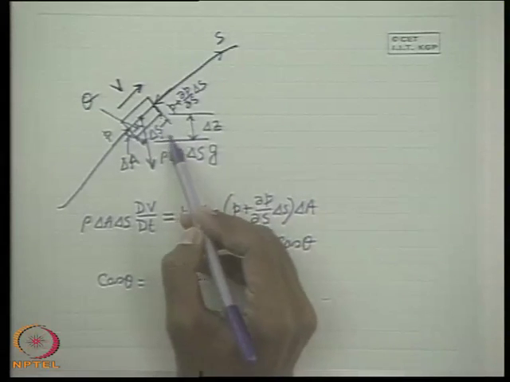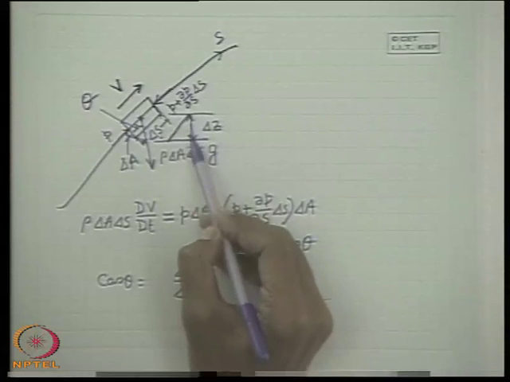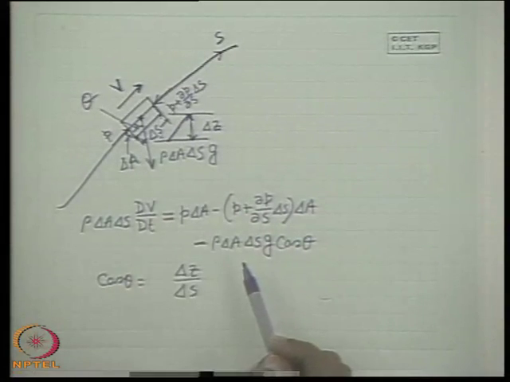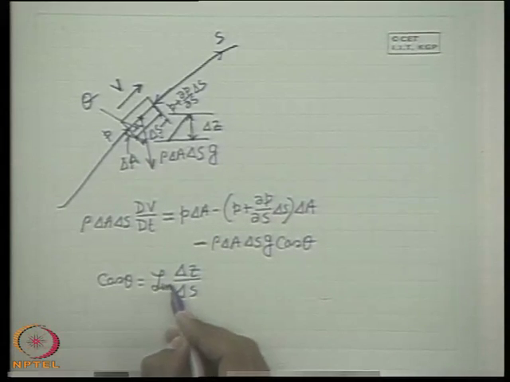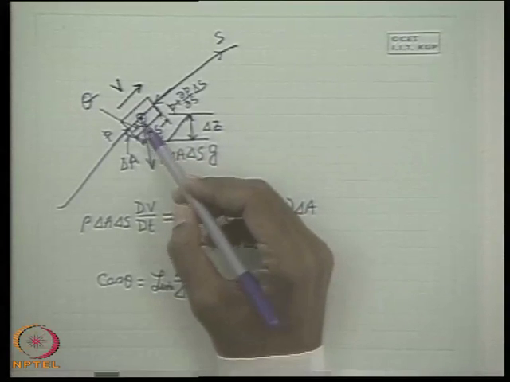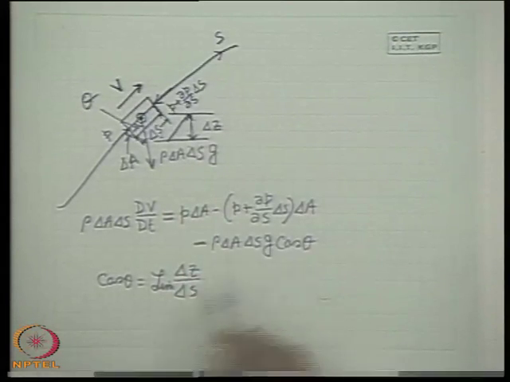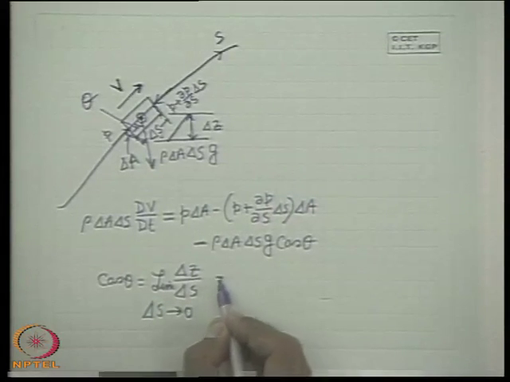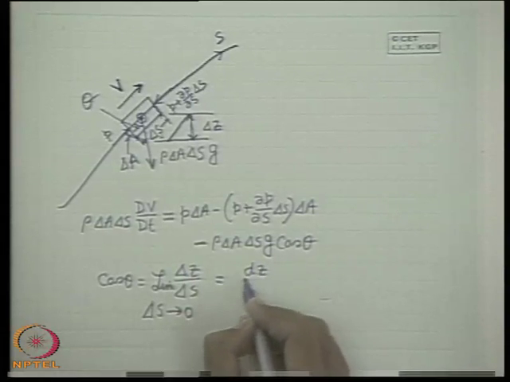This triangle, if we consider a triangle like that, this is delta s, this is delta z, that means the vertical displacement between these 2 points is delta z. Delta z over delta s, take the limit of this, because theta is changing from point to point. If you define theta, the angle of inclination at any point between the vertical and the direction tangent to the streamline, that will be the limit of delta z over delta s as delta s tends to 0.